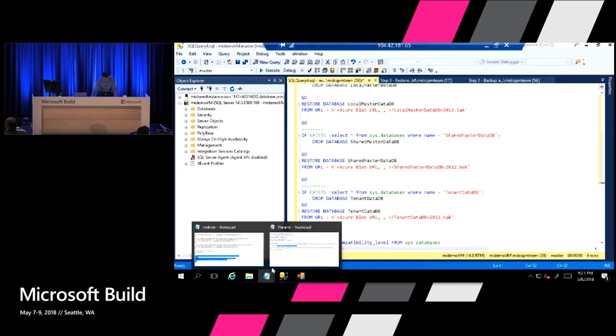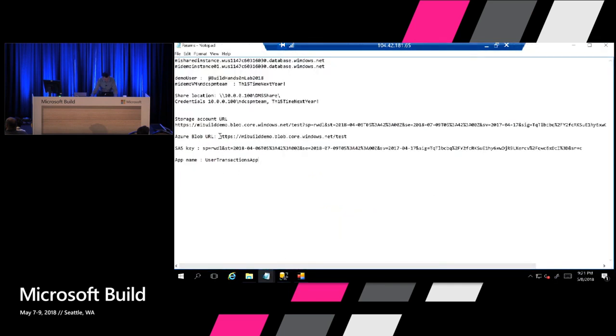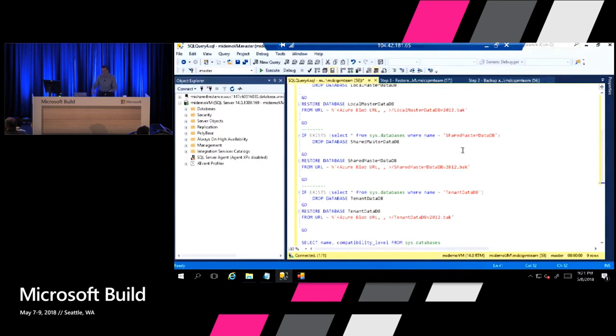By the way, this is also used by the lab tomorrow. If you're interested, you can come to my lab tomorrow. There will be 2 sessions of 75 minutes. You'll be able to do various things: create a managed instance, connect to DMS, and play with this demo in more detail.